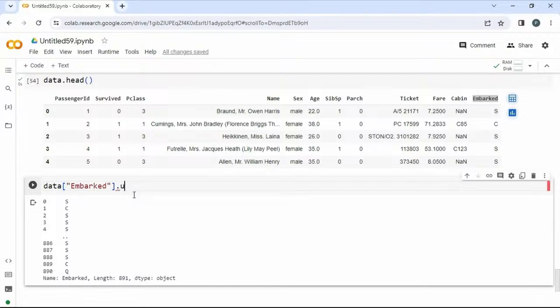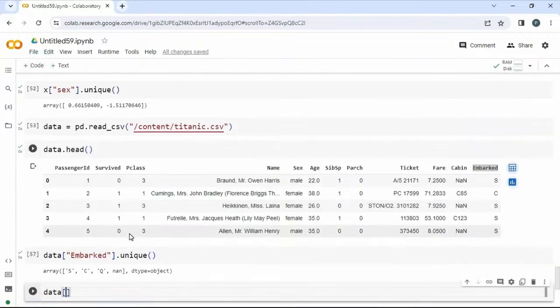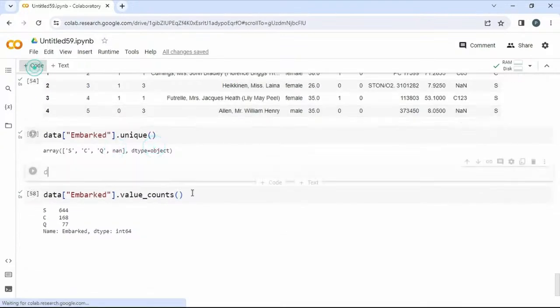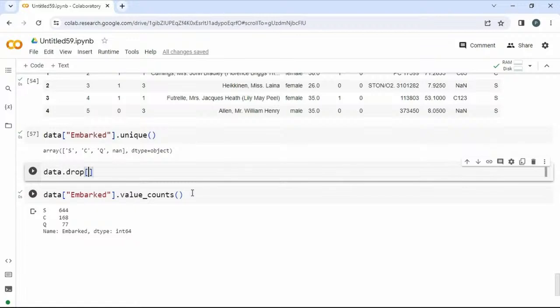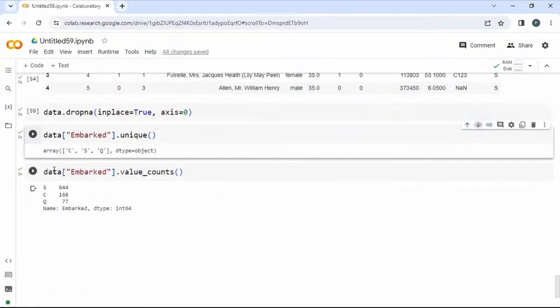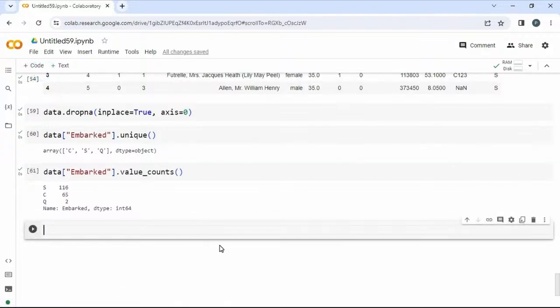Okay, so dot unique will give you 3 different values, and you can also go with data of embarked dot value_counts. You also have some null values, right? So we'll first drop them. So now we have these 3 distinct ones. These 3 are stations, so what we can use is the one hot encoder from